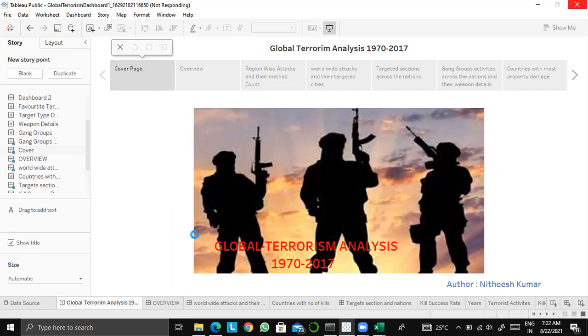One more thing, guys: the data is available from the year 1970 to 2017, so a total of 47 years. We have 47 years of global terrorism data to analyze and visualize.